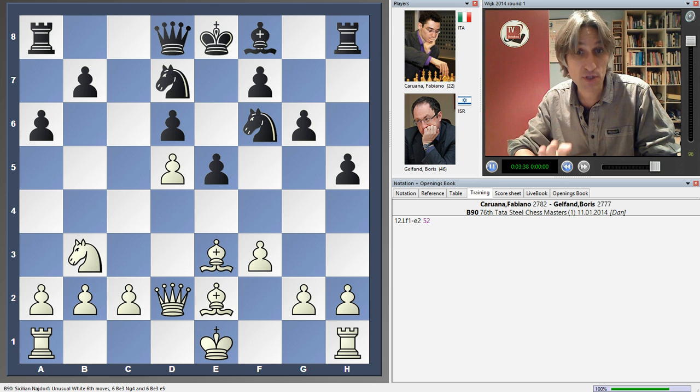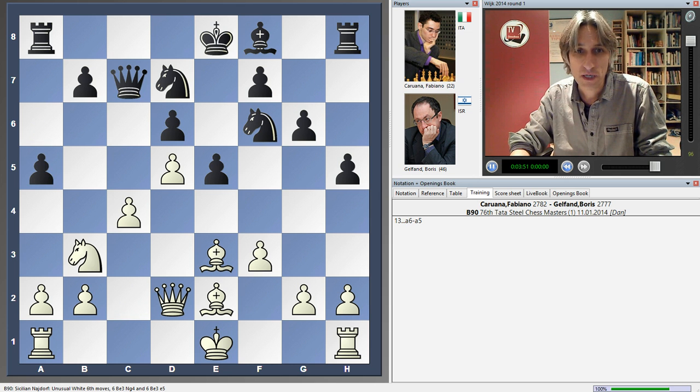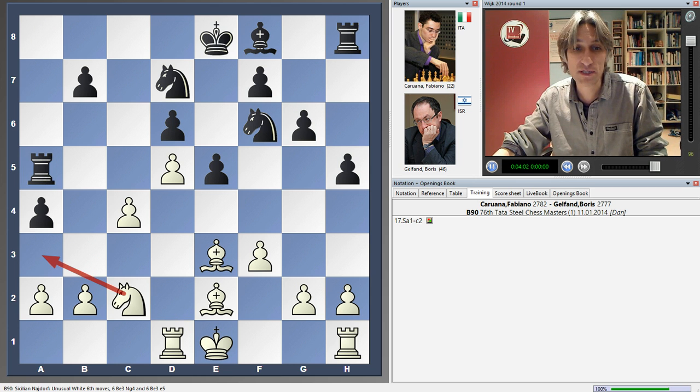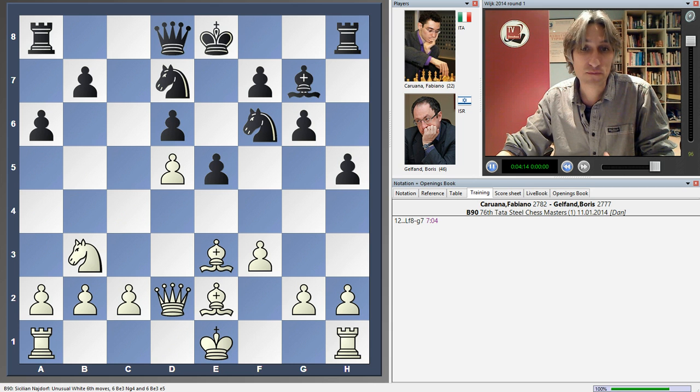And here, Caruana actually had this position before against Dominguez in the Thessaloniki FIDE Grand Prix. And Dominguez played queen to c7, and the game went like this. Very complex game, but I think Caruana in this endgame actually had a good position, because he managed to bring this knight round here. Although Caruana actually lost, I think he was doing pretty well, so no doubt he would have been happy to repeat that one. Instead, Gelfand played simply with bishop g7,